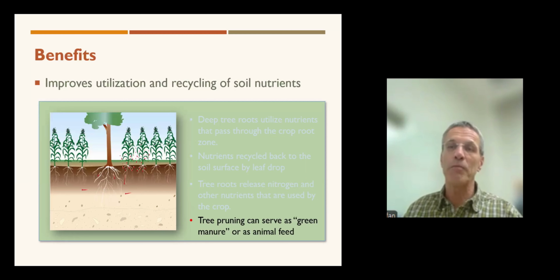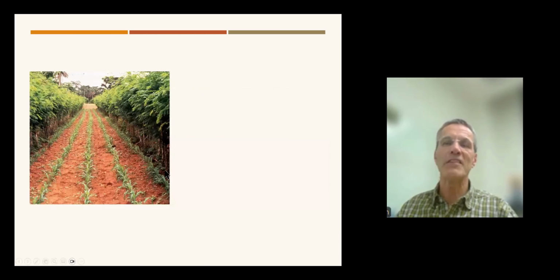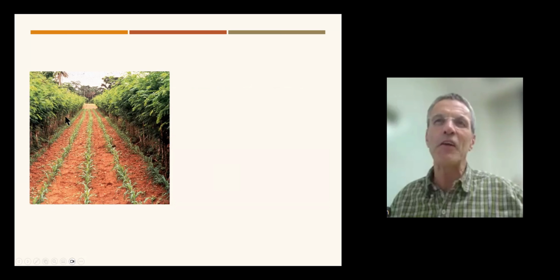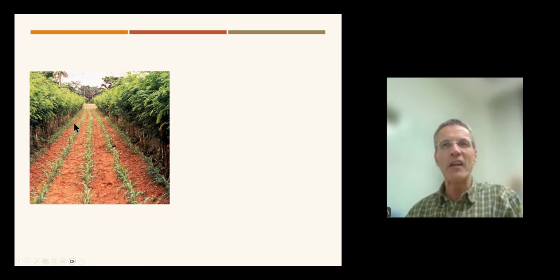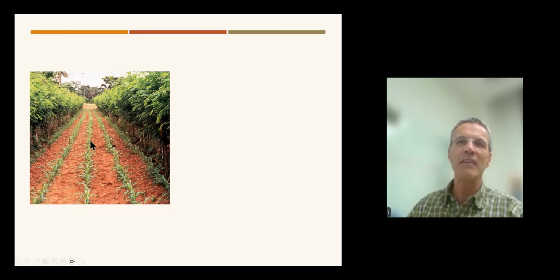Or in a lot of places where you have animals nearby, you can use that nitrogen-rich material as fodder. So here's an example from tropical regions where they grow corn or maize, and then Lucina, which is a nitrogen-fixing tree. That's a very common alley cropping system in tropical and subtropical regions. I know it's used a lot in Thailand and the Philippines. These trees or shrubs are cut back pretty dramatically when the corn starts to grow higher, and in most subsistence farming systems this material is used as tree fodder.